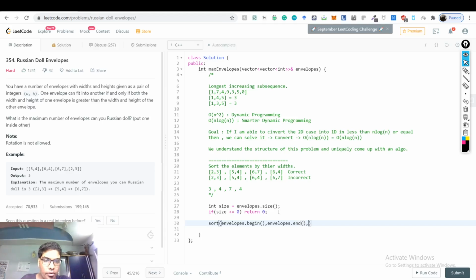Now how do you write your own comparator function? There are a lot of ways of doing that in C++. This is C++14, so the way we write our own comparator function is with lambda expressions, which are written as follows. We have open and close square brackets, then we write what data types it accepts. So it accepts a vector of int, let's say a, and a vector of int b.